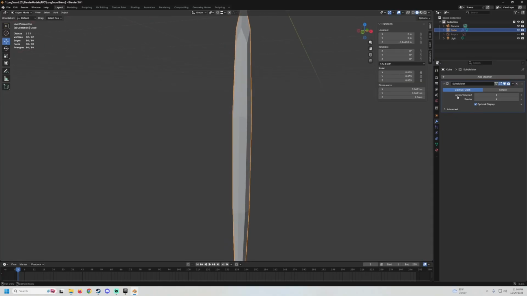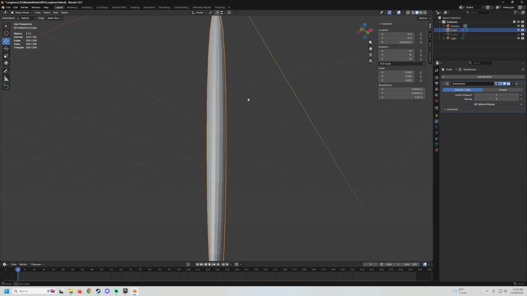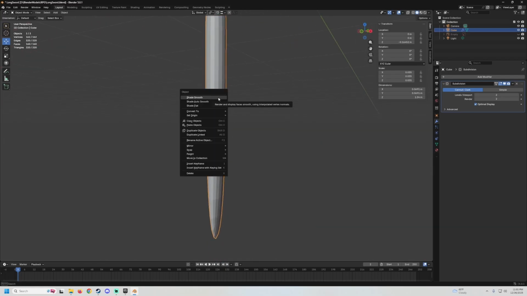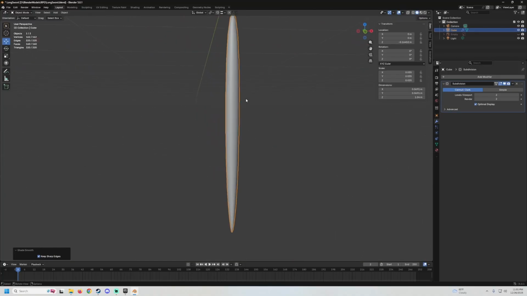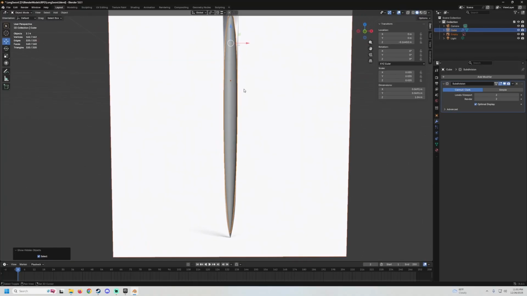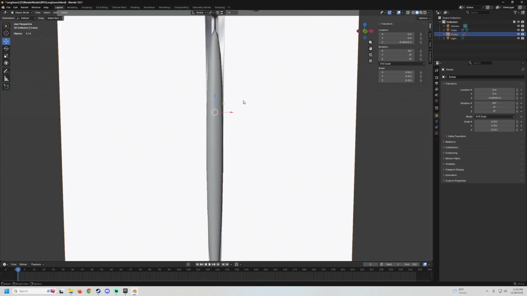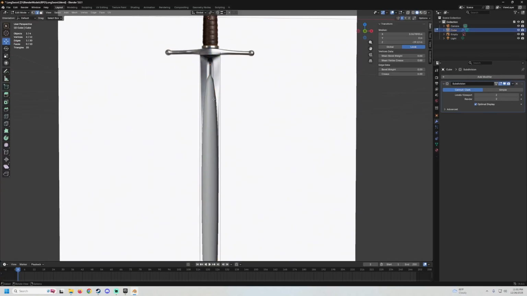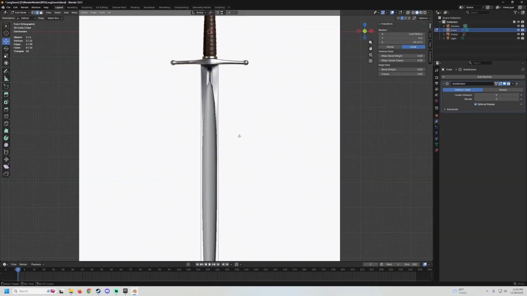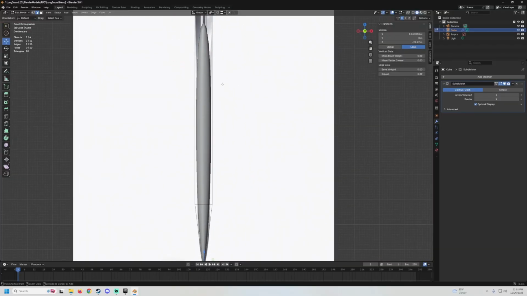And for now, I'm gonna change the level viewport up to 2. We might drop this back down, but for now, I'm just gonna move that up, and I'm going to right click on this guy. I'm gonna choose shade smooth, and obviously this doesn't look anything like what we need, but it will. So what I'm gonna do here is select this guy, go into edit mode, press 1 to go into front facing, and click Control R, and